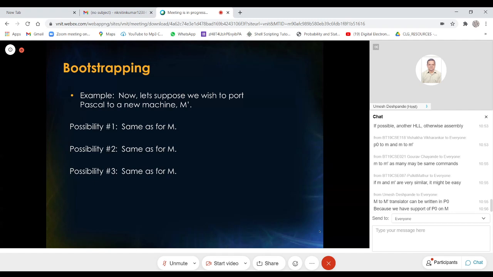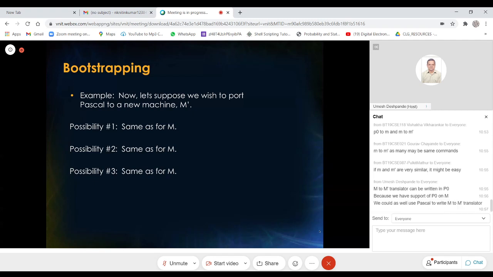But why should we use only the restricted set P0? We could use the entire high level language Pascal itself. Since we already have this entire pipeline of supporting the Pascal programming language, we could as well use this entire high level language. Wouldn't it be much easier than using P0?